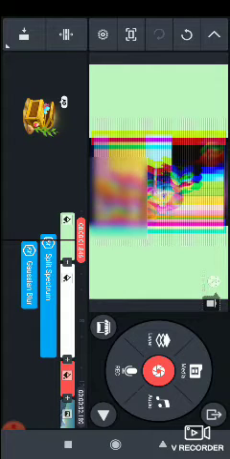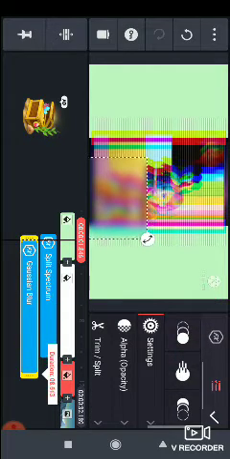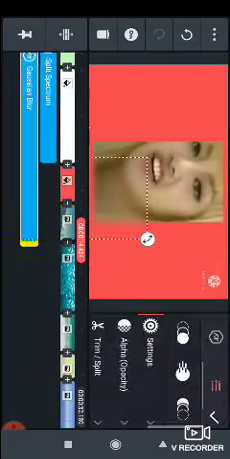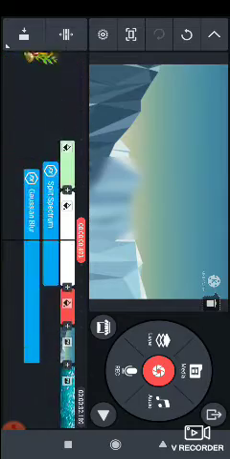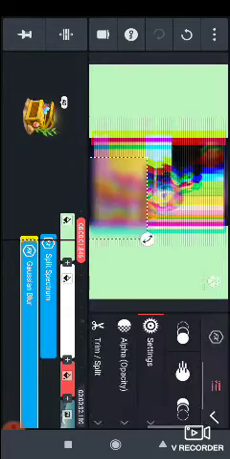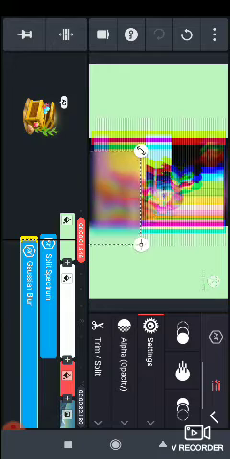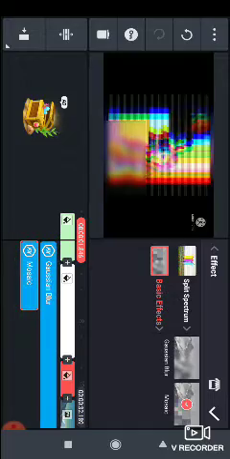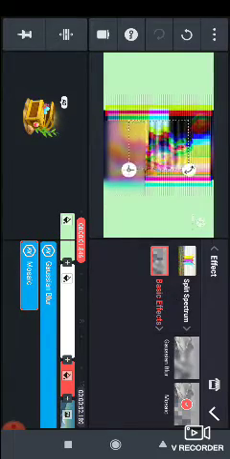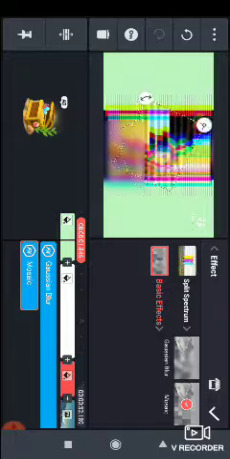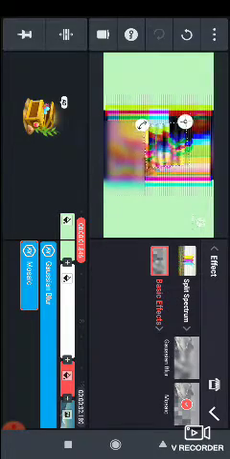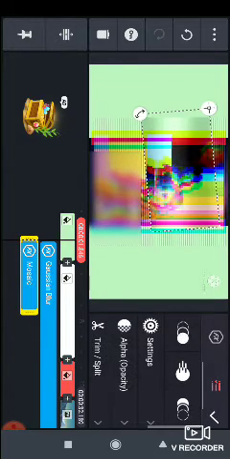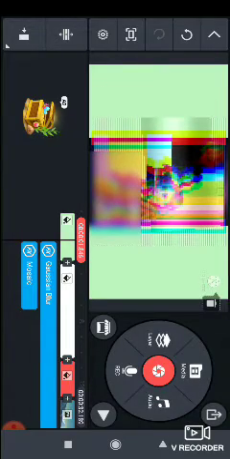The 7 number blur will be very much blur, and we can make it bigger and smaller from where we have to do the blur. So I want to do it till here, where the video completes. So we did the blur, and over here there is one more effect, that is the mosaic. It makes the picture mosaic. So let me do like this, however we want, and then I want to make this mosaic like this. These are basic effects which are given in the KineMaster app.